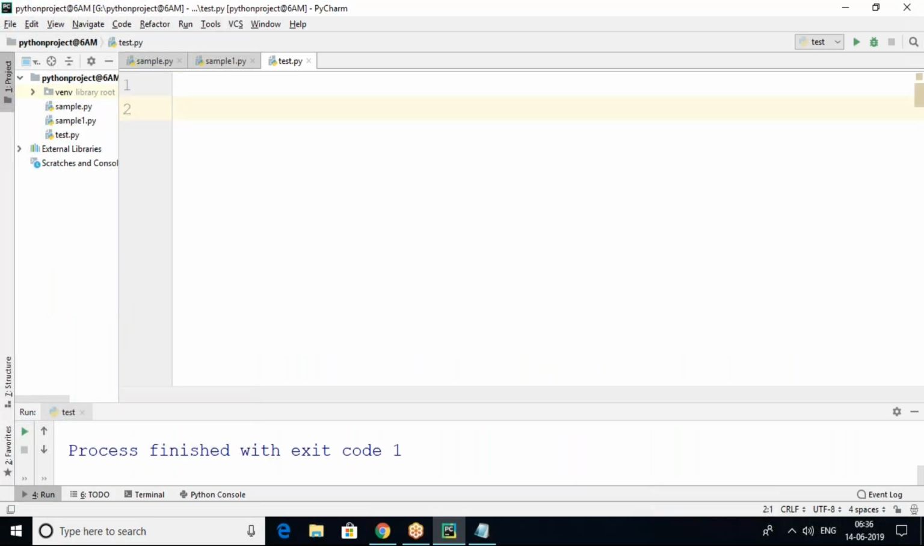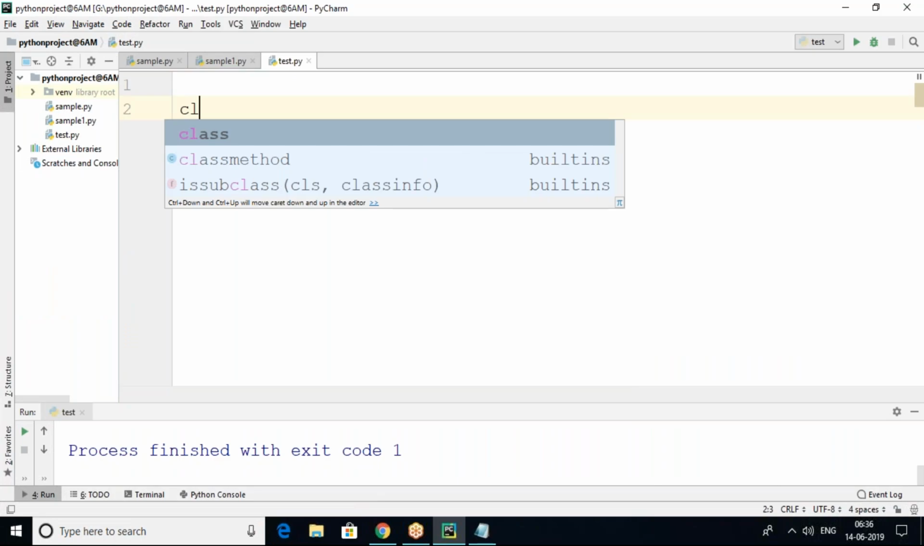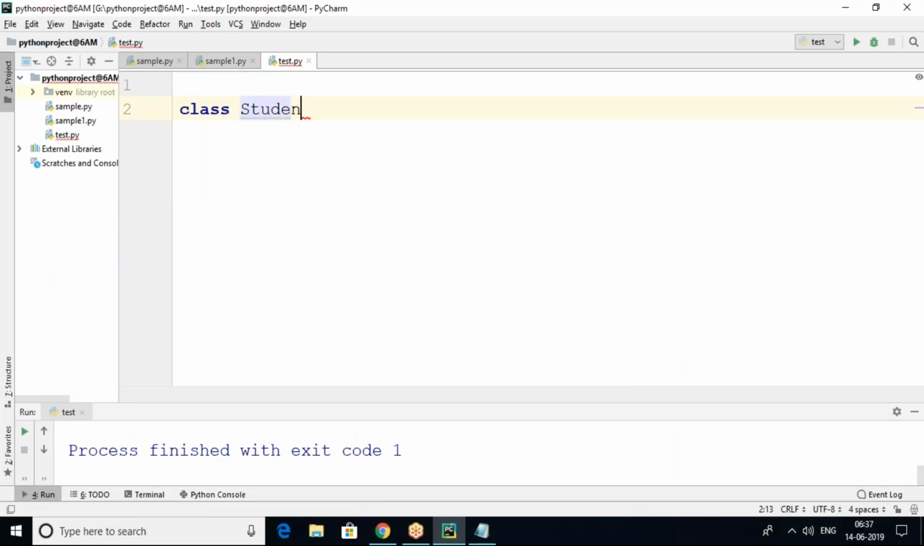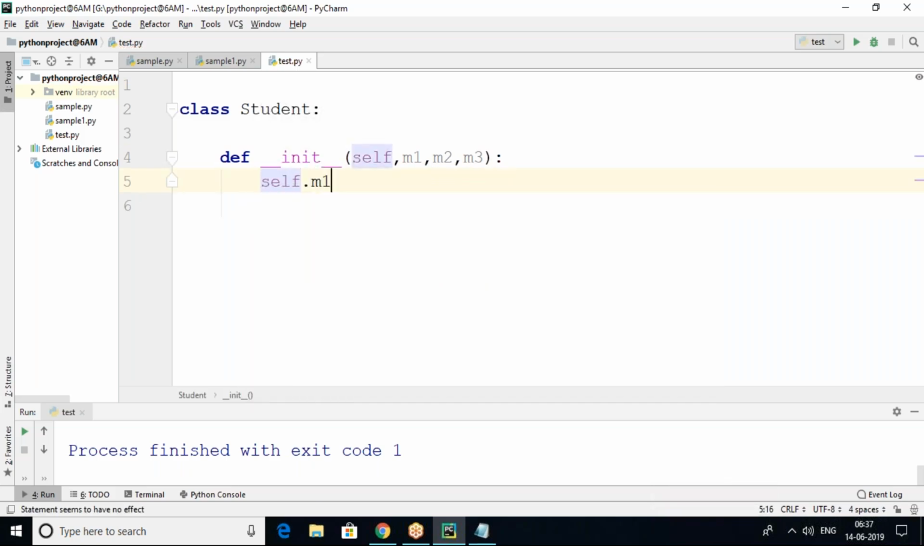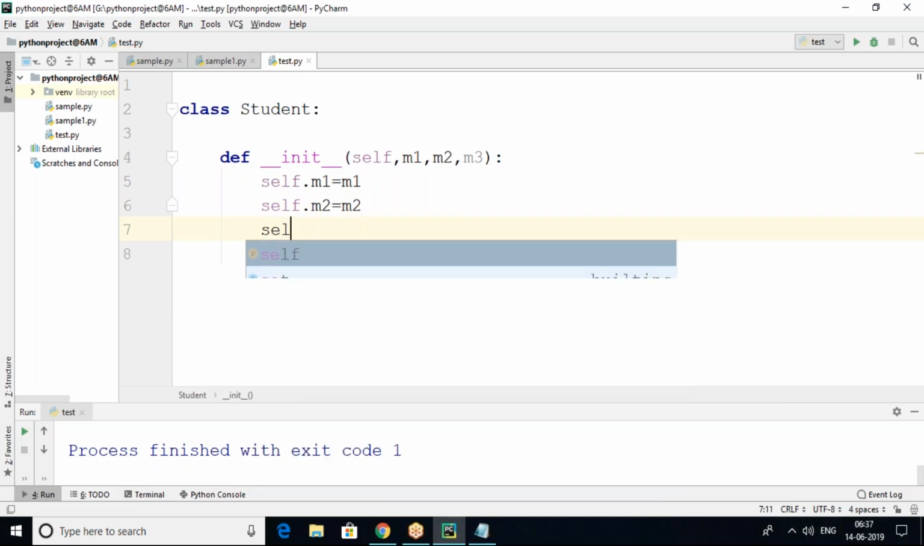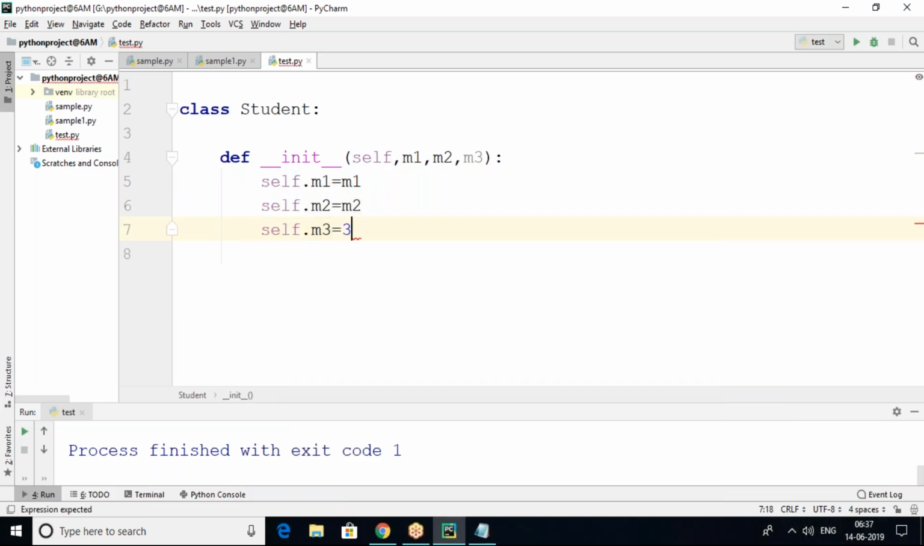Let us consider my class name is Student. Here we have the underscore init, which is the constructor. Now for the constructor variables, I'm taking m1, m2, m3, marks 1, marks 2, marks 3. So I'm using three marks. self.m1 equals m1, next self.m2 equals m2, then self.m3 equals m3. This is a constructor with